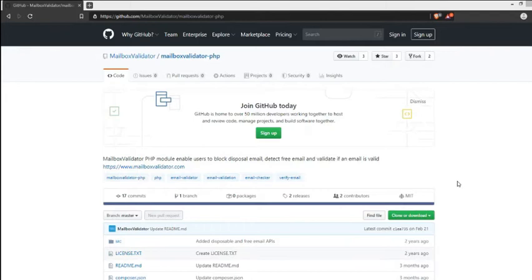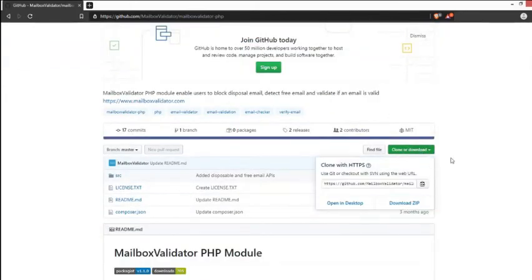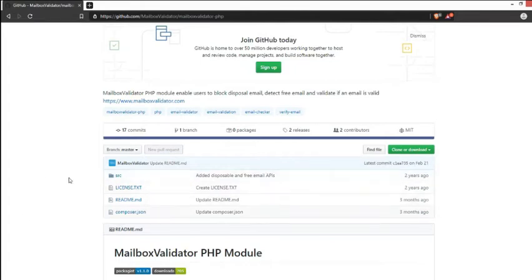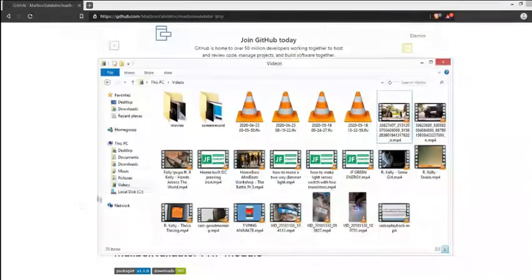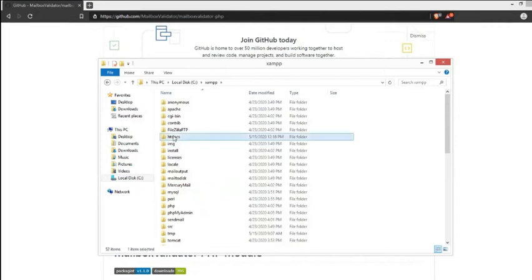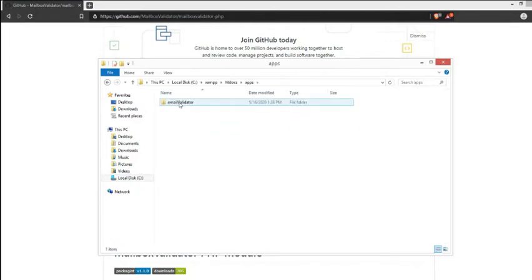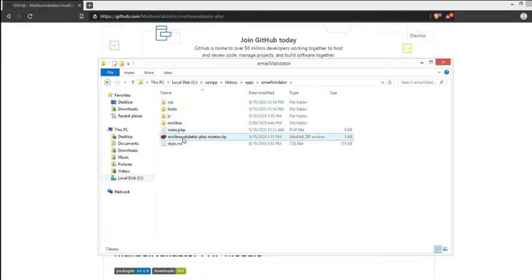Okay, from the GitHub, click on clone or download, then download zip. I already have it in my system, so I don't need to download it again. This is where I have the SDK file. It's going to download as you see. When you open it, you will see